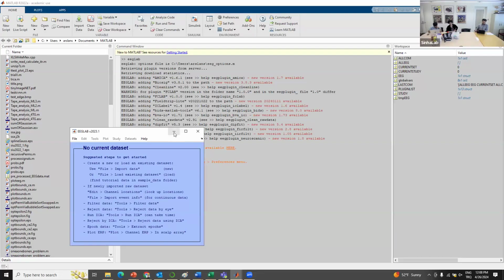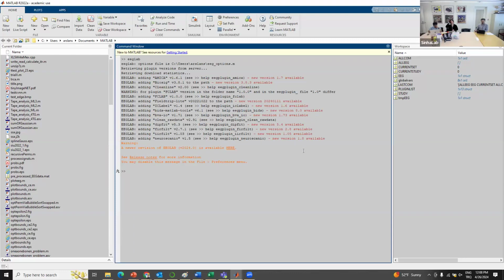I've been given some warnings about the versions, because it's been a while since I downloaded this EEG Lab. So I'd like to be updated with the newest version of this software. I recommend that you use EEG Lab's official website to download the newer version. But there are a lot of plugins that you may or may not have in the default version. You may have to go to,